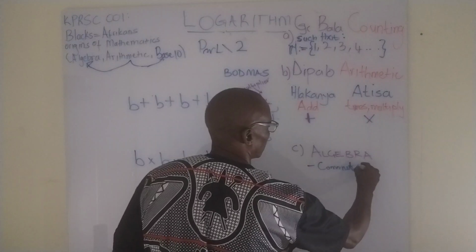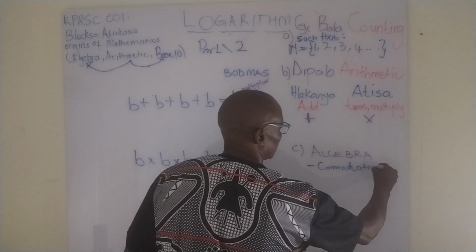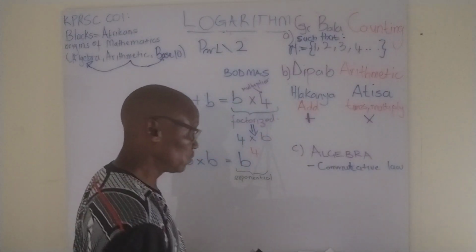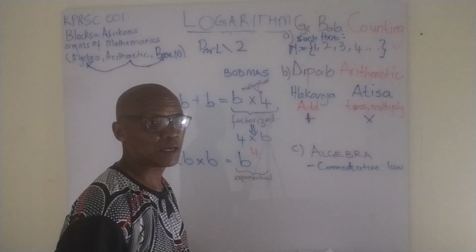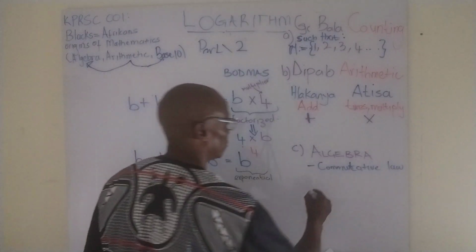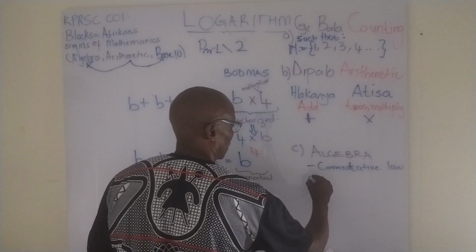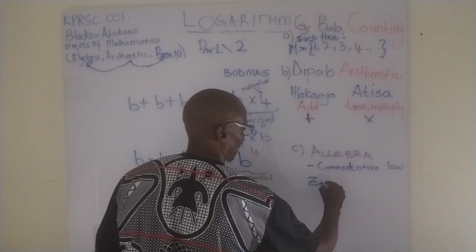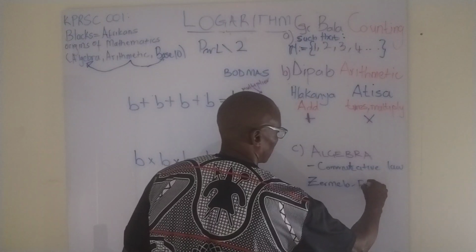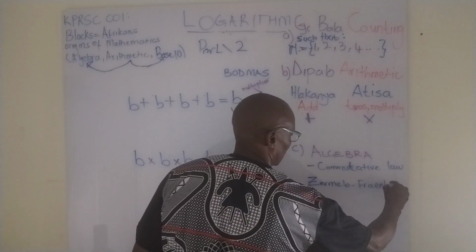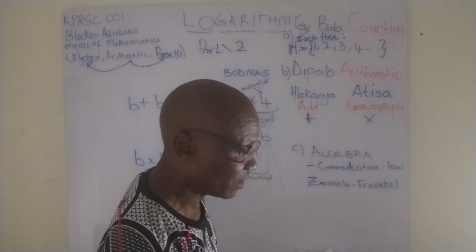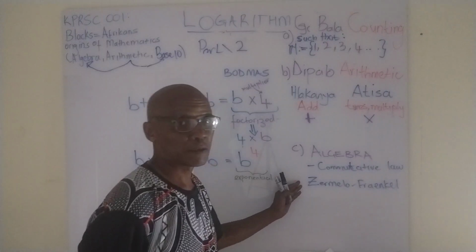Commutative law. Now, there are other laws which I'm not going to specify. I'll specify them as I go along. But in general, one can look at Zermelo, Fraenkel, right? Find a good source on Zermelo, Fraenkel,